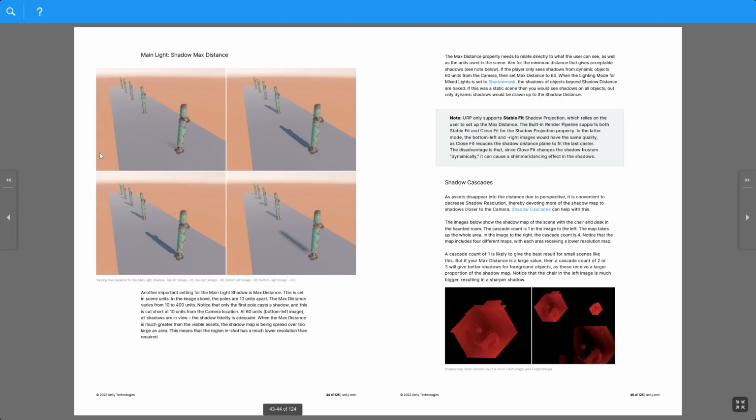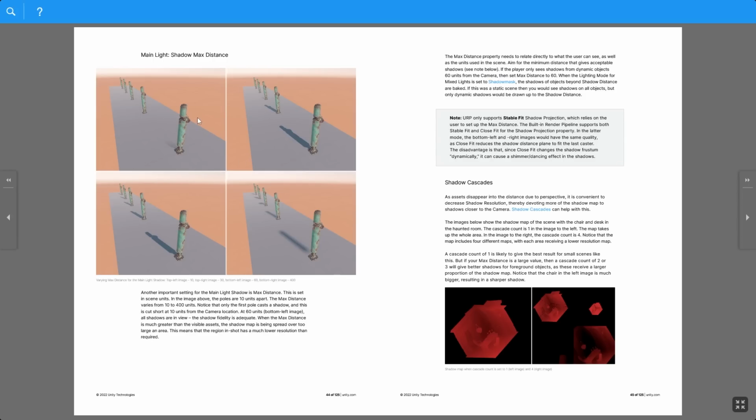Then you've got the setting for the max distance, which is pretty obvious, but also something you might not know and might question why some of your objects don't have shadows. The answer is because they might simply be way too far. Now, depending on the regular distance of the objects to your camera, you definitely need to play around these values,